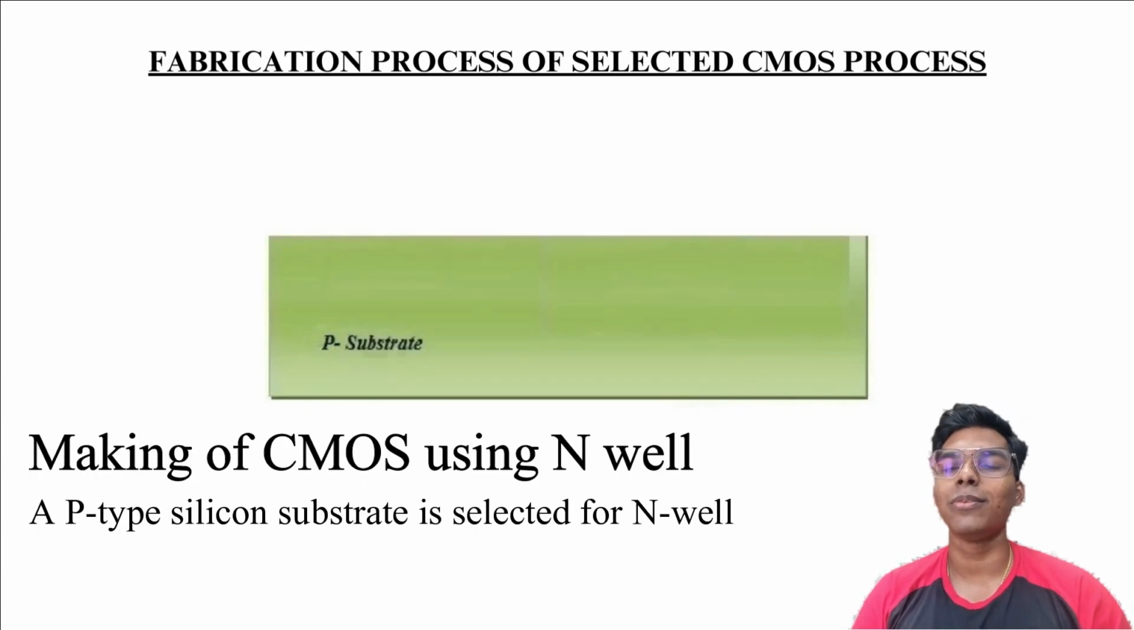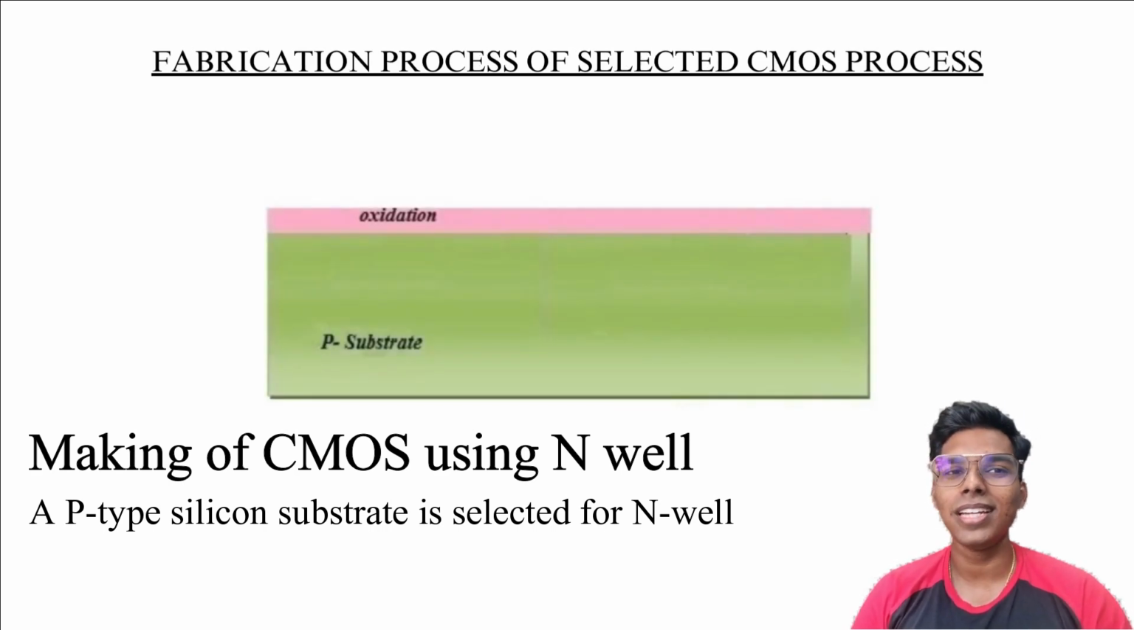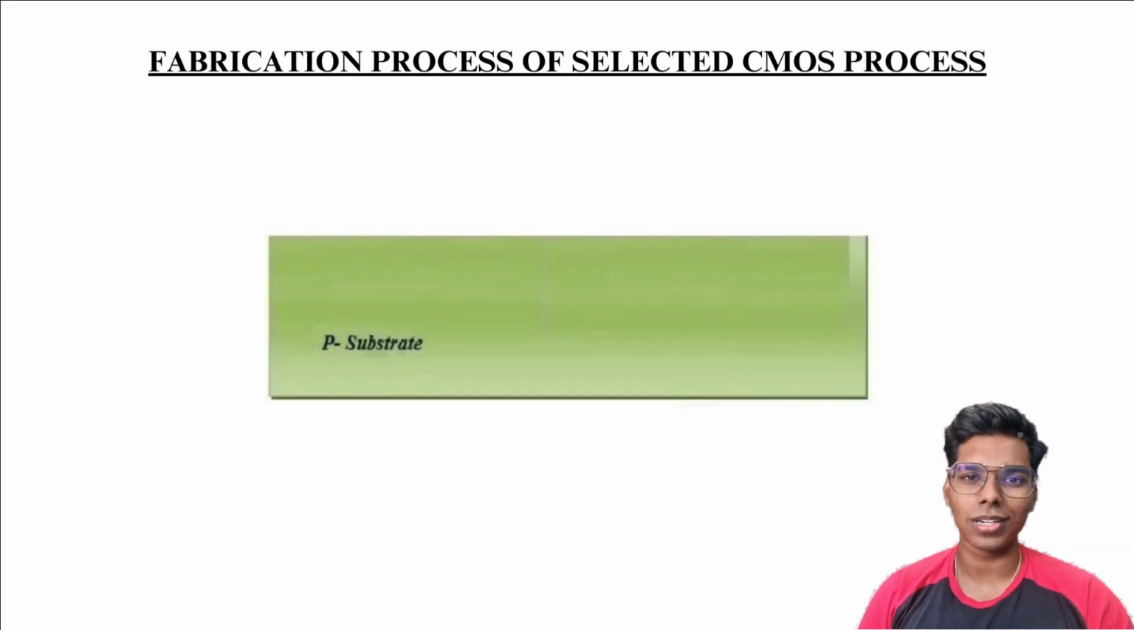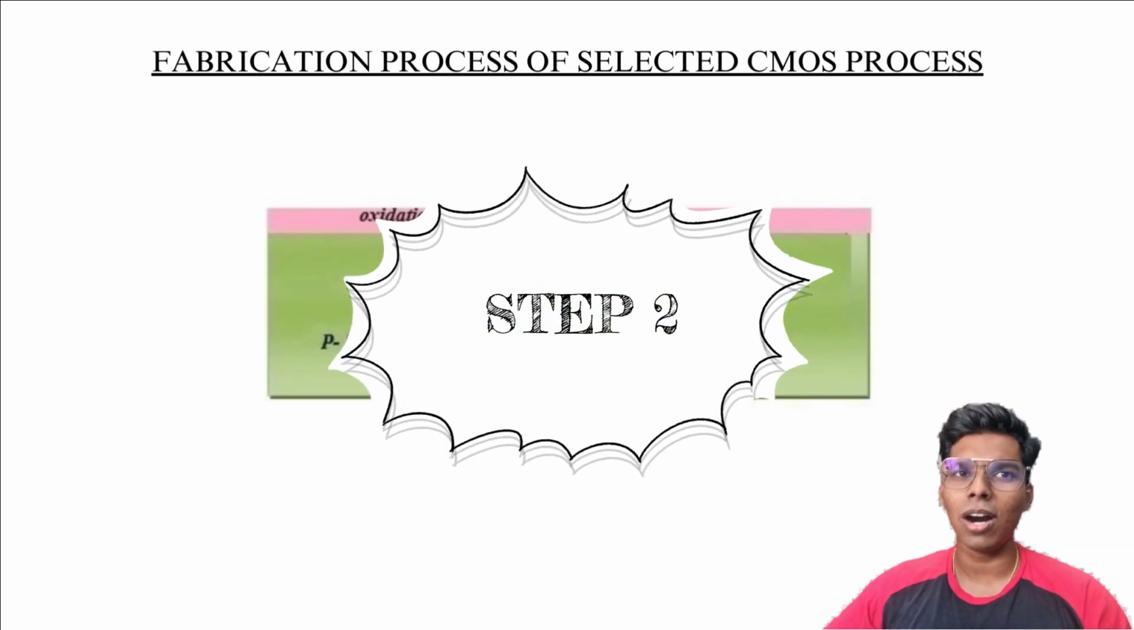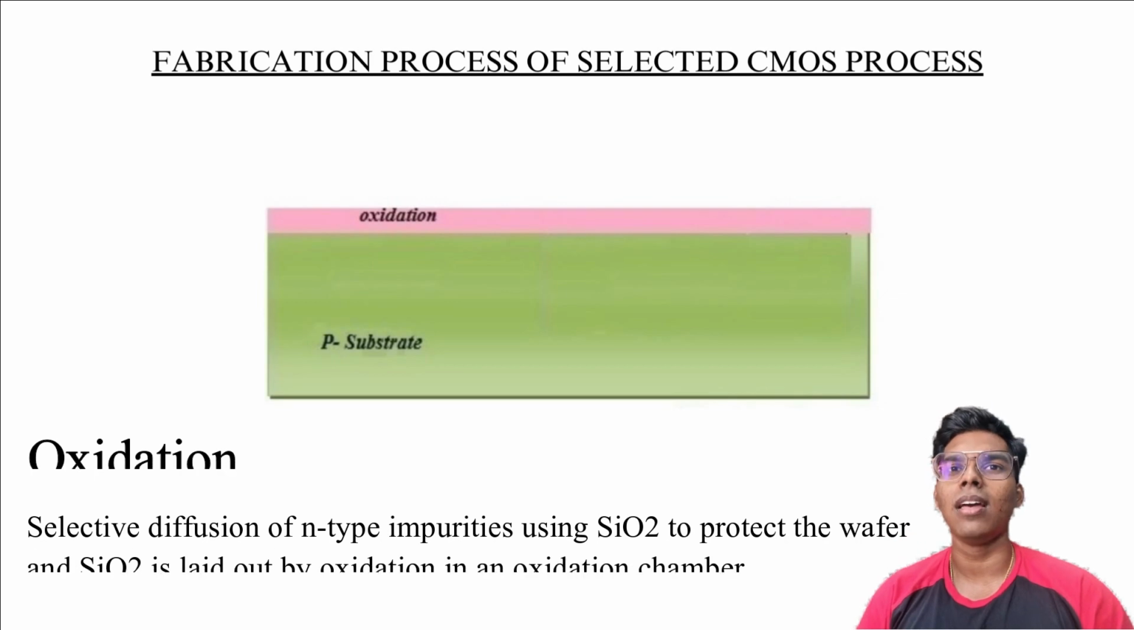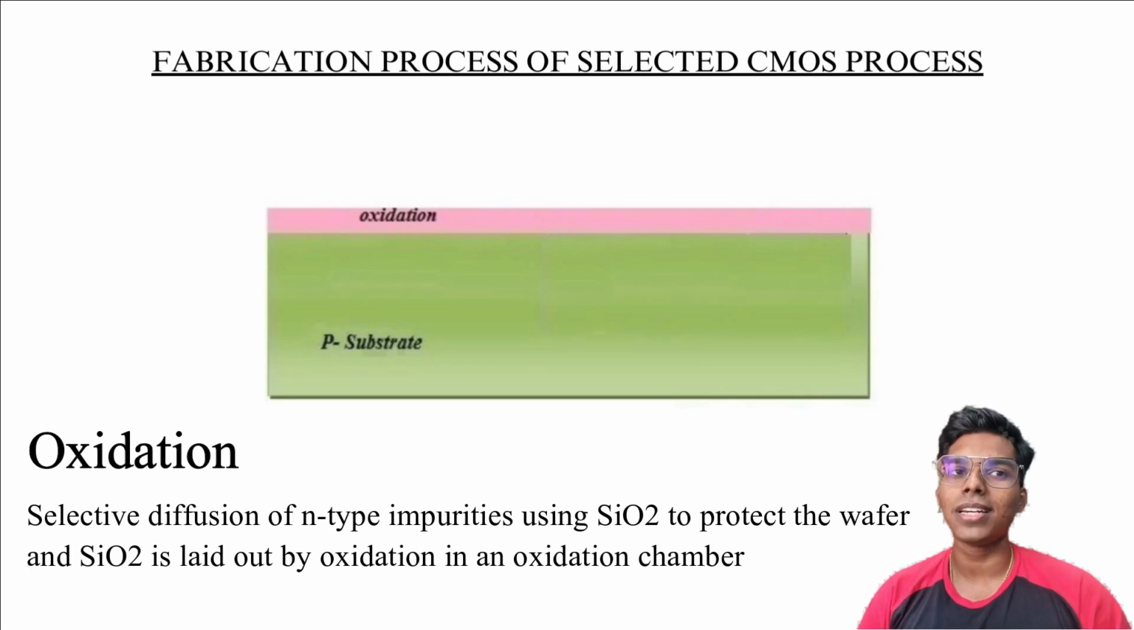First up, we start with choosing our foundation, which is the substrate. For the annual method, we go with a P-type silicon substrate. It's like the canvas for our circuit artwork. Next is oxidation. Now, we need a protective layer to shield our substrate from contamination. We create that using silicon dioxide. It's a bit like putting up a barrier. We heat things up in an oxidation chamber, exposing the substrate to oxygen and hydrogen to create a silicon oxide